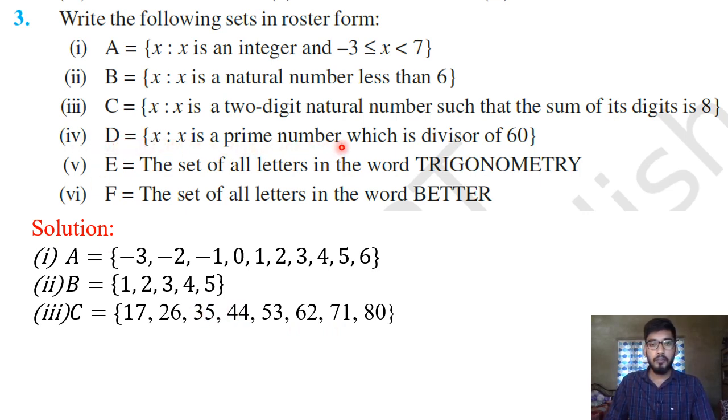Next, D equal x such that x is a prime number which is a divisor of 60. So we have to write the prime divisors of 60. So 2 is a prime number and